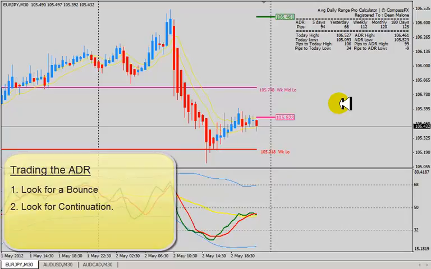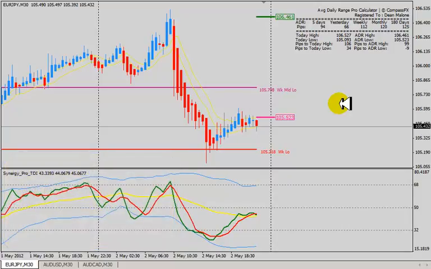So let's take a look at the euro yen, and let me give you my ideas about trading the average daily range. You can see that we started out here, we went up and down, and created a small range during the Asian session. Then as Europe got going, we made a push up to a high point. As a matter of fact, the market came up to the average daily range high target